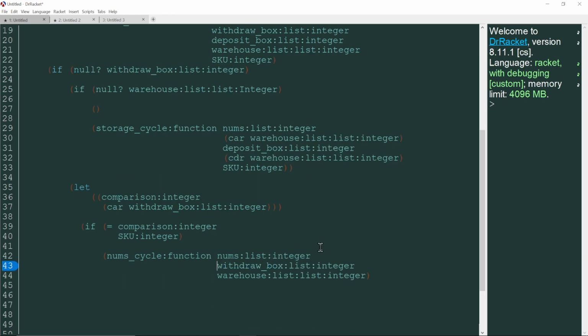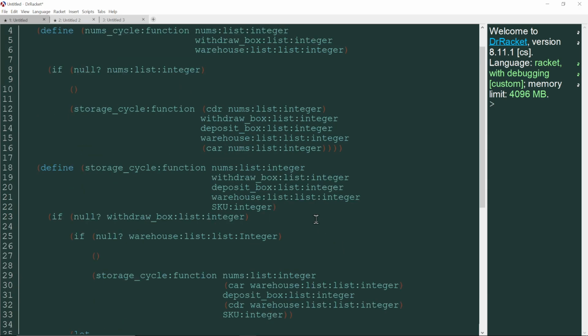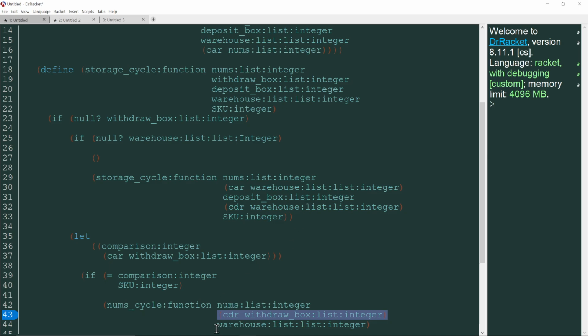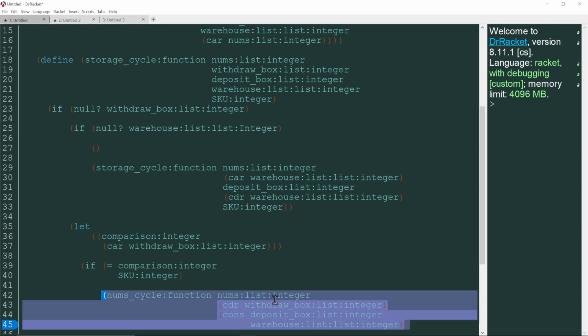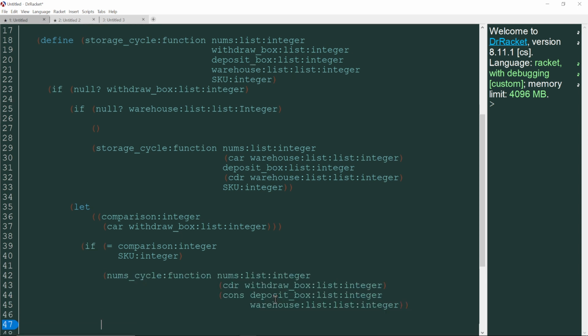That'd be CDR withdraw box. CDR withdraw box. And then const. Okay. Otherwise, storage cycle function with